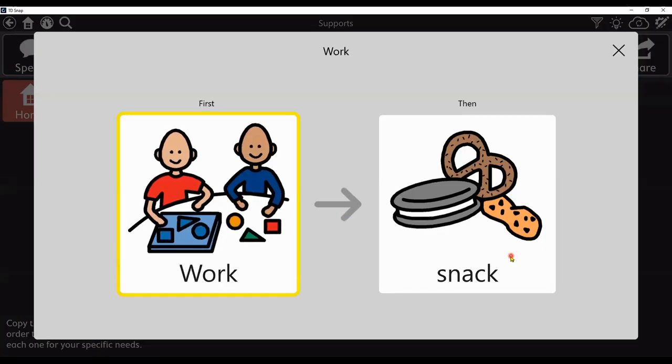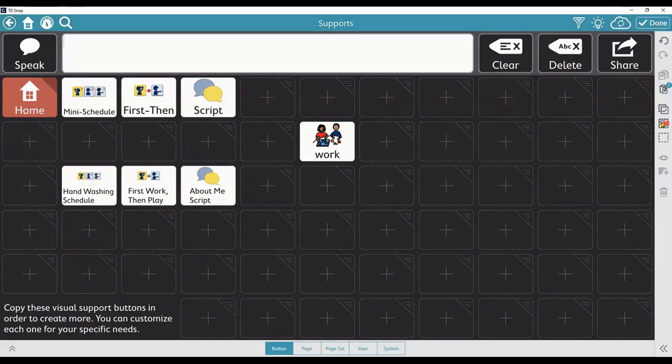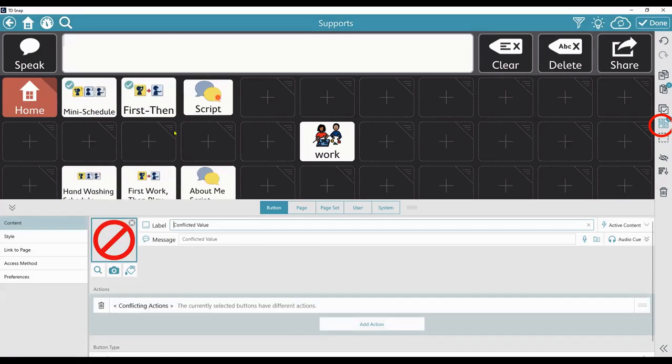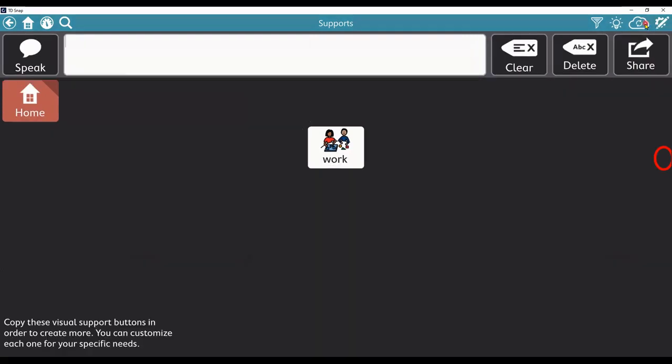First, work. Then, snack. If you don't want students to get confused with these additional buttons, these sample buttons, or your master buttons, you can simply go back to the edit. And if you click on your menu editing bar on the right side again, there is a button that has multiple squares, and there's 2 check marks in 2 of the 4 squares. Select that. That's your multi-select button. I'm going to select these 6 buttons for right now because I want to hide them. In order to hide the button, I'm going to select the eyeball. Now I'm going to select done.